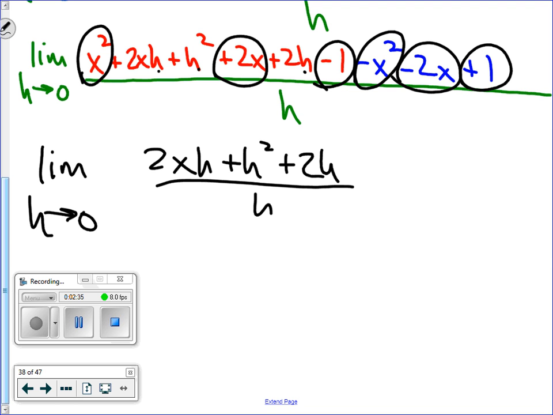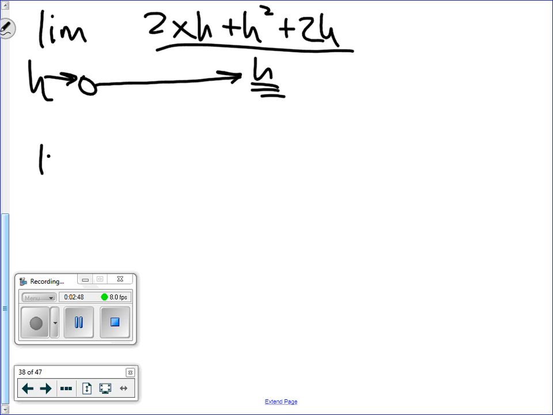And now the h can cancel. Remember, this is the problem. I can't plug a 0 here because it'll give me 0 in the denominator. In order to get rid of that, we have to factor an h out of the top so it cancels with what's on the bottom. So we have the limit as h approaches 0. When I factor the h away from this,